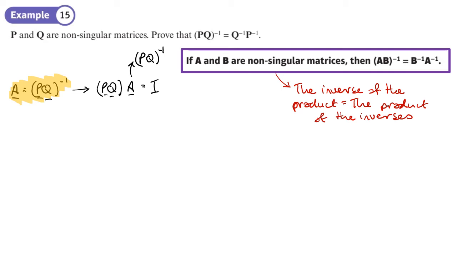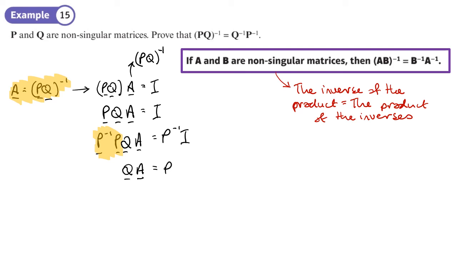Step one. Now we don't need the brackets here. So PQA equals the identity. Now the order matters with multiplication. So the first thing I'm going to do is multiply both sides by P inverse. If I multiply by P inverse in the front on the left hand side, I need to do the same on the right hand side, like this. So this P and P inverse are going to cancel out. It just basically becomes the identity. You can think of them just cancelling out. And we're just going to be left with QA